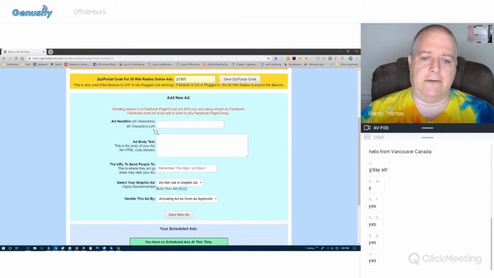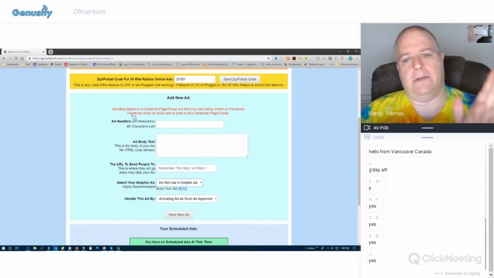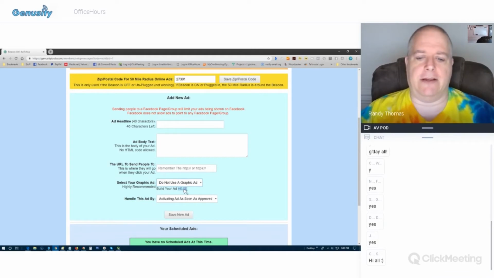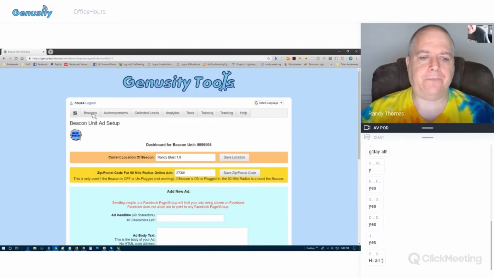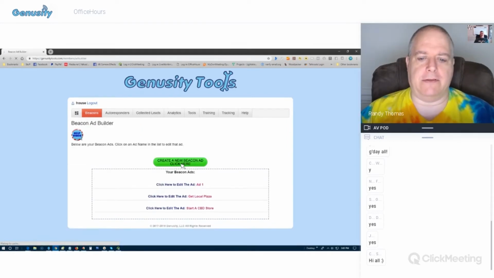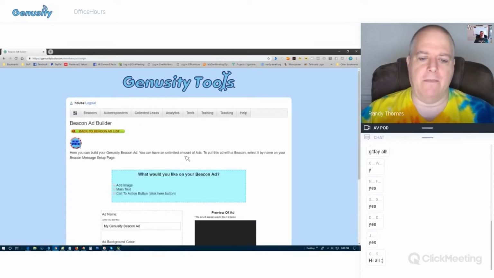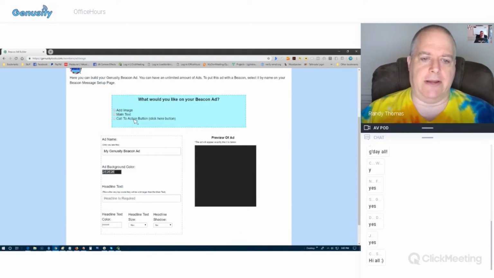The next thing you're going to do is create the message for it. But the first thing you're going to see is an ad graphic down here, okay? So now that we're in this part, we want to go ahead and build an ad graphic first so that we can attach it to this beacon. So I can either click here, or I can click here. Okay, so let's go ahead and go to the ad builder. Let's click the green button to set up an ad, and let's go ahead and add an image,